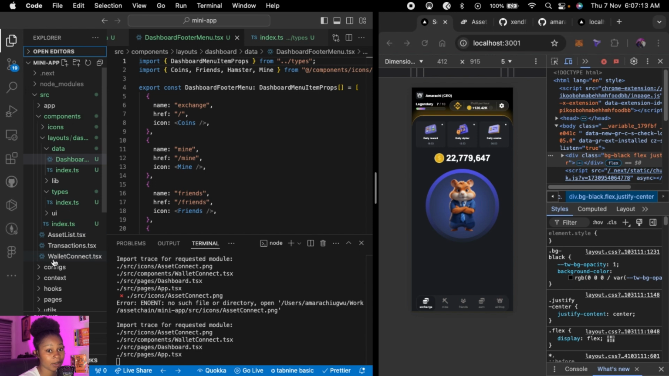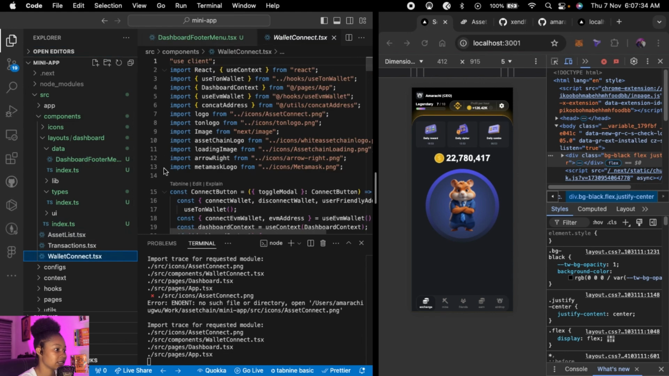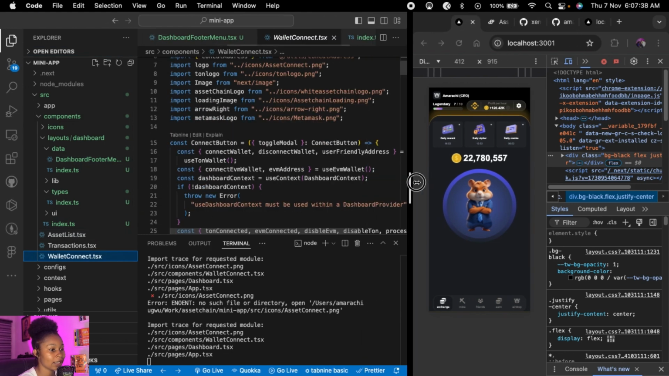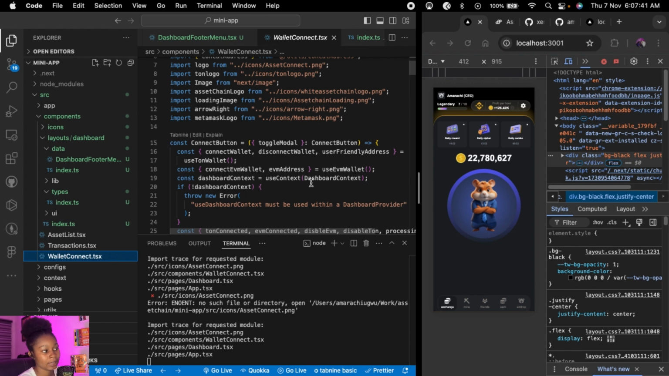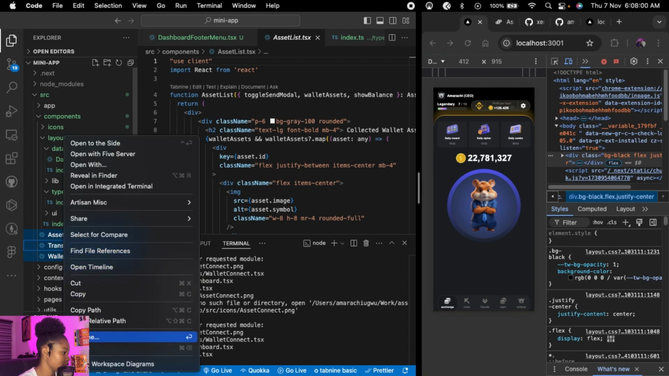And one good thing about this starter kit is that it already has connect wallet functionality. This basically helps you connect to both Ton wallet and also EVM wallets, right? But for now we are not doing any connection. Subsequently we're going to be using that. So I'm going to come here, click on this up to this point and delete,